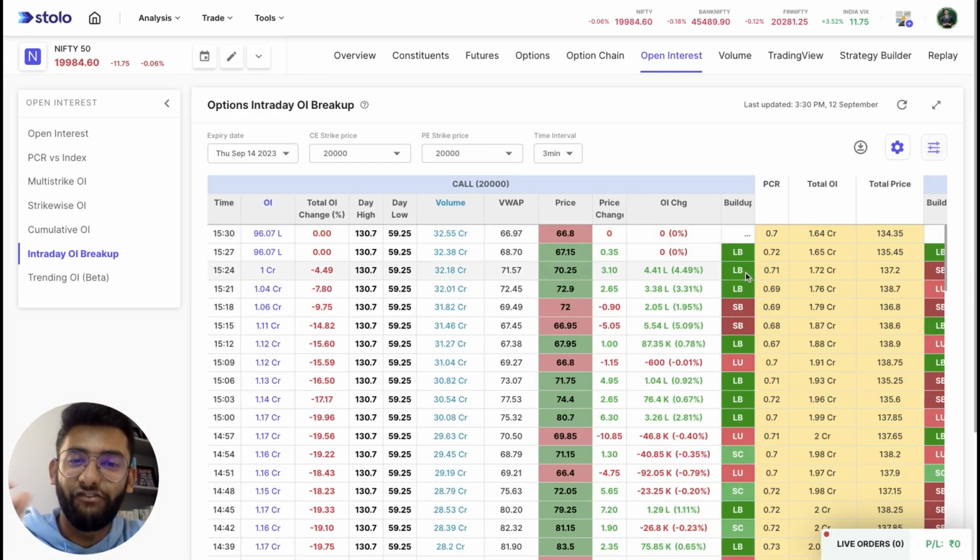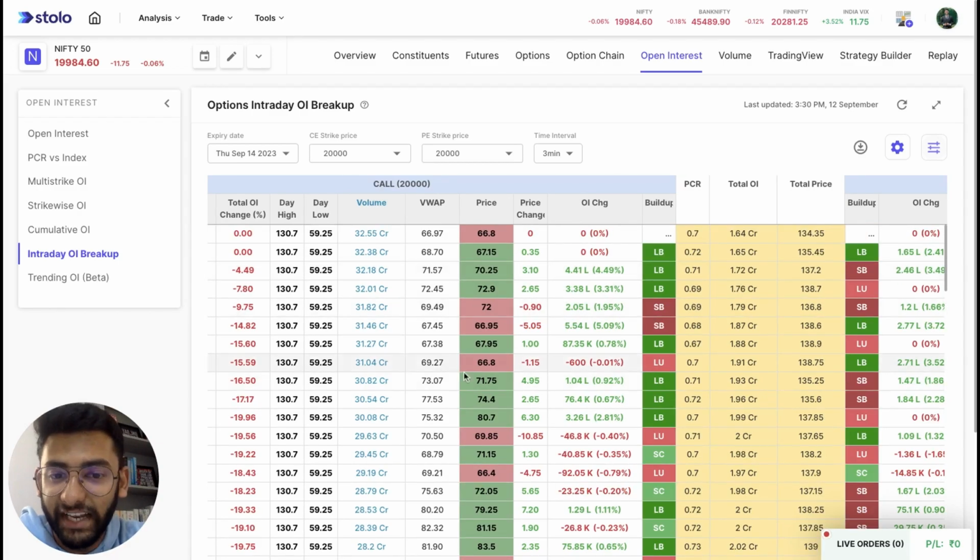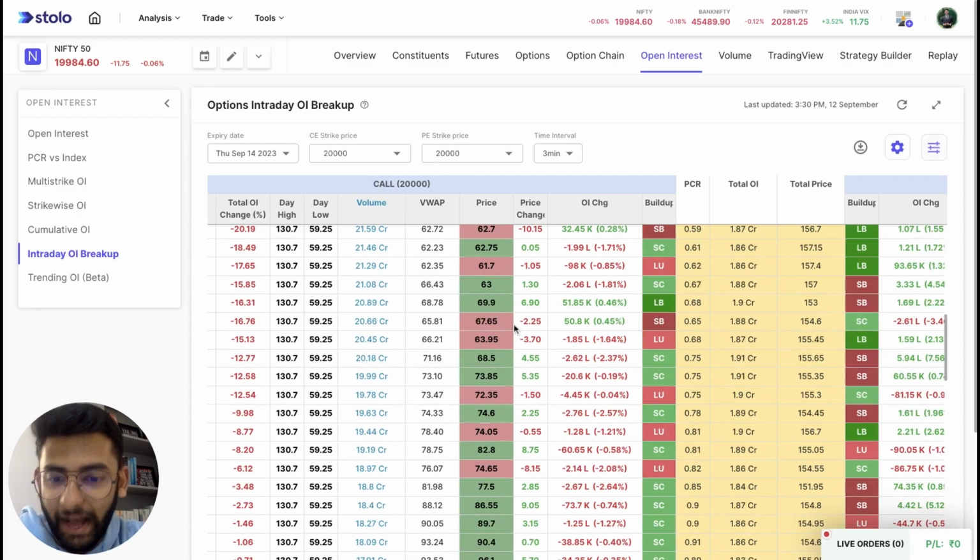every little detail for that specific strike, right? So for example, here we've chosen 20,000 CE and 20,000 PE. For that specific strike, we tell you how the movements have been happening. We also